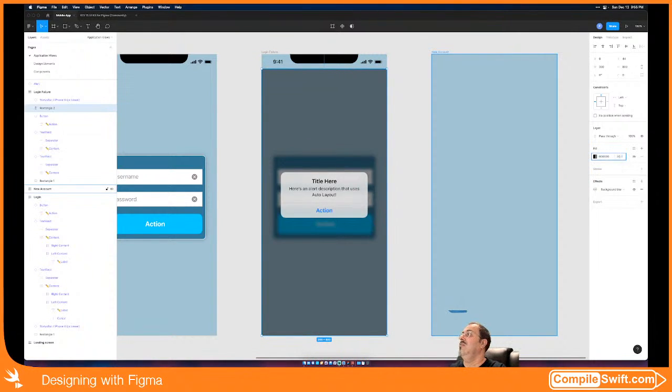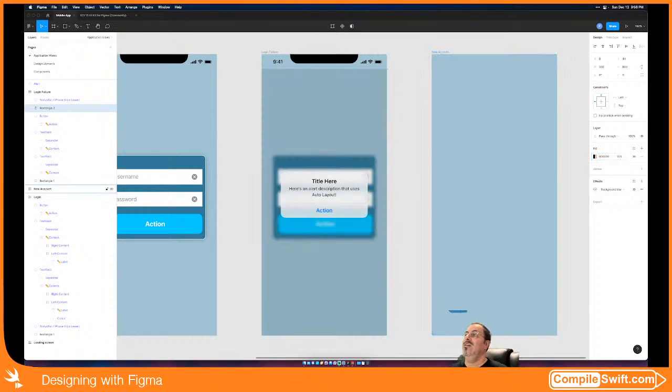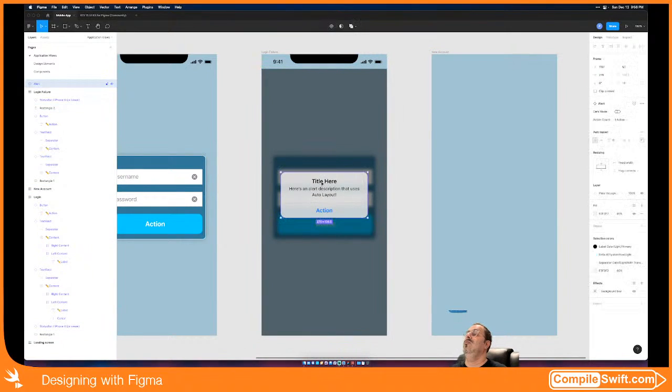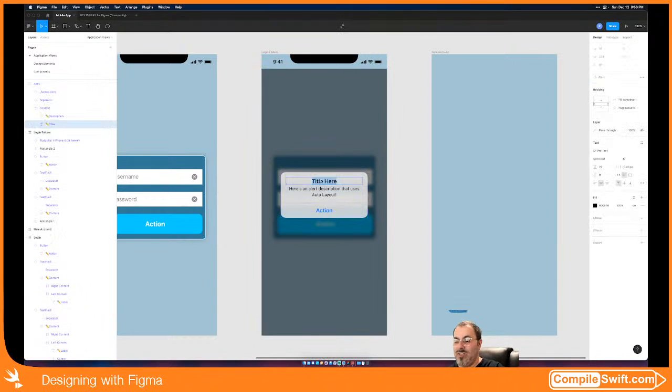I may regret this when I come to build the actual app. I'm going to try building this app in SwiftUI. I may regret this completely. I'm going to have to check the human interface guidelines for this because this might not be right. So we'll have to check that. Okay, so let's just continue with now